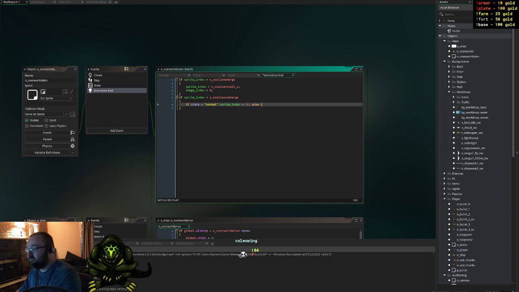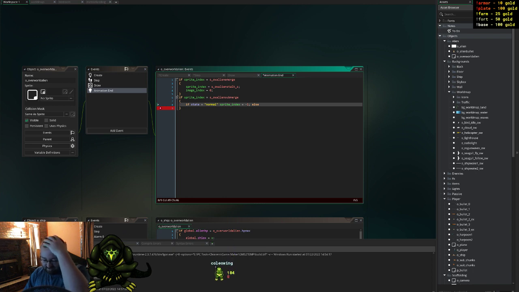Else, do whatever, because it's in land. Maybe I should do that the other way around. It shouldn't matter. It'll be fine. If it's submerge, state equals normal, do this. Otherwise, okay, so if it hit land, it's going to play this animation, it's not going to be moving, then